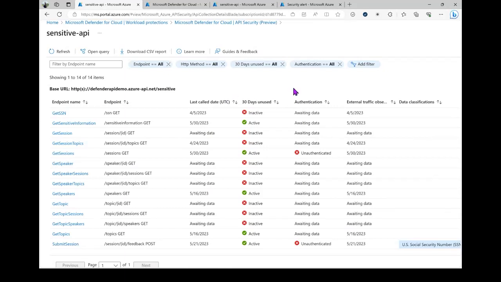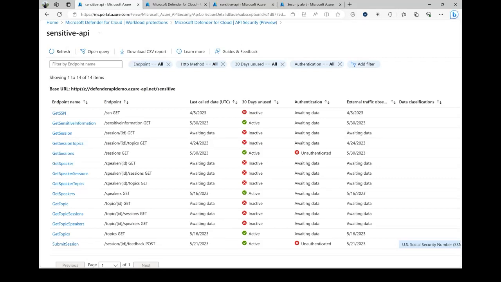For the authentication insight, for any API that's published within Azure API Management, the insight is assessing the use of authentication through subscription keys, JSON web tokens, and client certificates that have been configured within API Management. If none of these are present, then they're going to be considered unauthenticated.